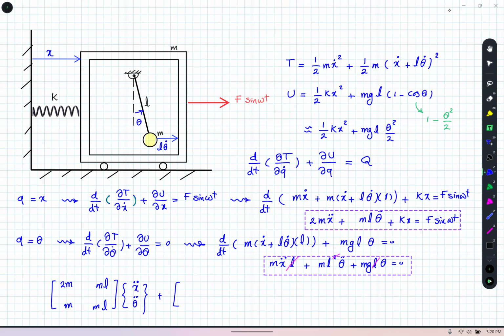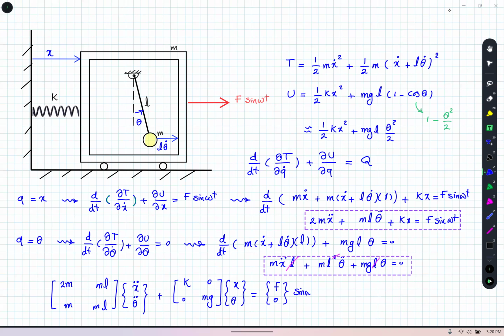And if I do that correctly, I would end up for my stiffness matrix with a k here, 0, and nothing there, and then mgL over there, times x and theta,